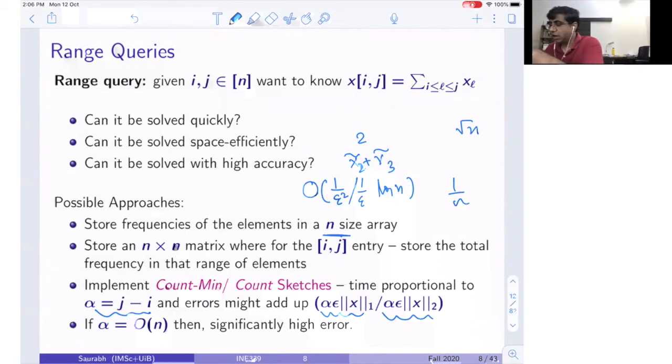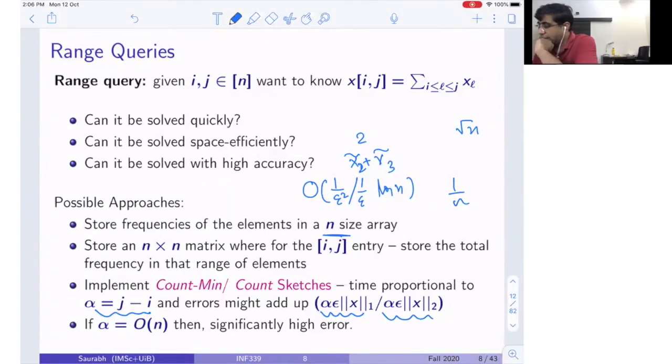It's just that count sketch or count-min sketch allows you to also have deletion. But if we forget this for the moment and say I'm getting some n numbers, which I will give you in the streaming setting, and at the end I will ask you the following question: given i and j, give me efficiently a good estimate of the sum of all the numbers between xi and xj. How do we do this?